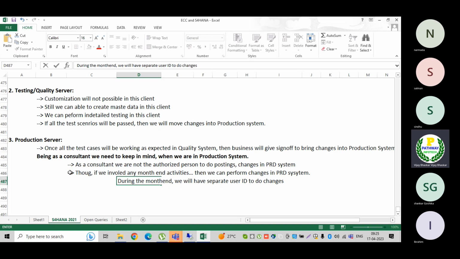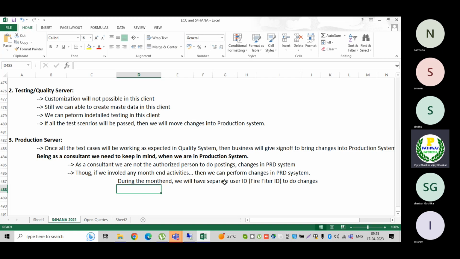What is that separate user ID? An FF ID will be there. When I say FF, it is a firefighter ID. I will explain more about it. A firefighter ID will be there, or special access will be granted during that period. But each and everything will be tracked.